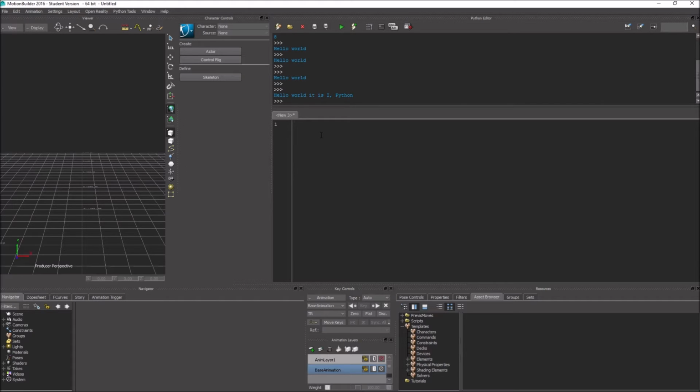So for example, we have keys. In Motionbuilder we work with keys and frames, so you're going to have to get acquainted with lists. Lists in Python are stuff like this. So this is an empty list. If you print this out, you're going to get nothing. If you type in 1, 2, 3 like this, you get 1, 2, 3,